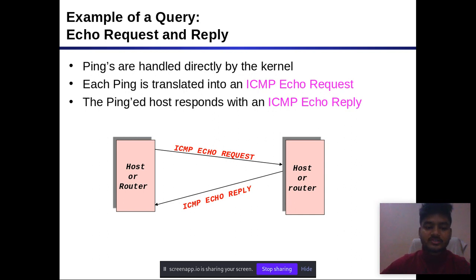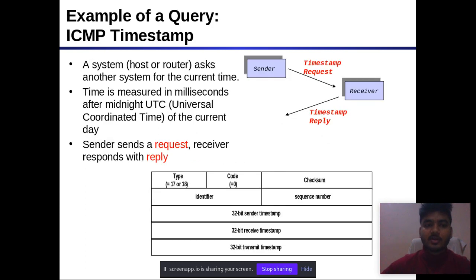The source quench message is a request to decrease the traffic rate, that is, to slow down the sending of messages to the host. When a receiving host detects that the rate of sending packets is too fast, it sends the source quench message to the source to slow the pace down so that no packet is lost.